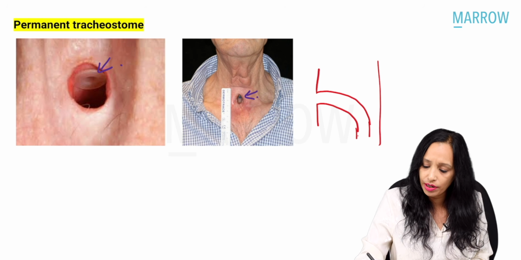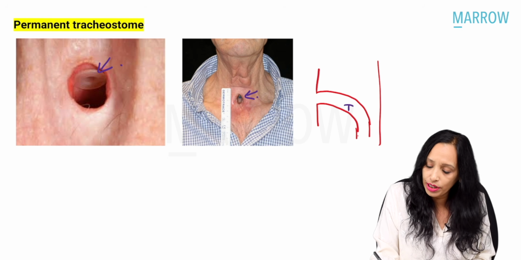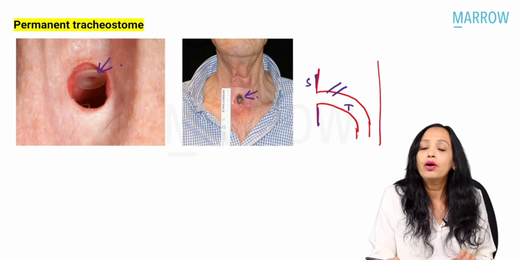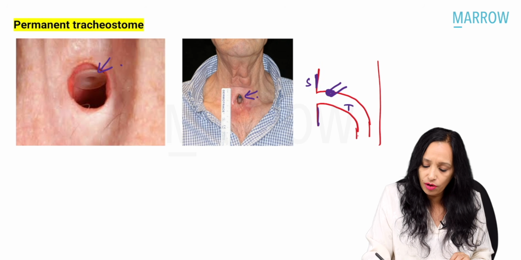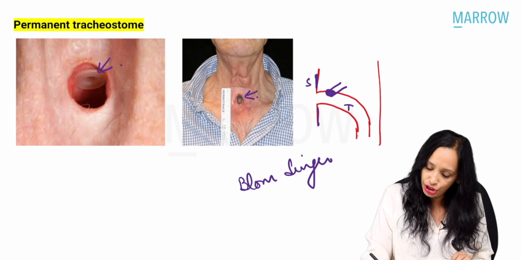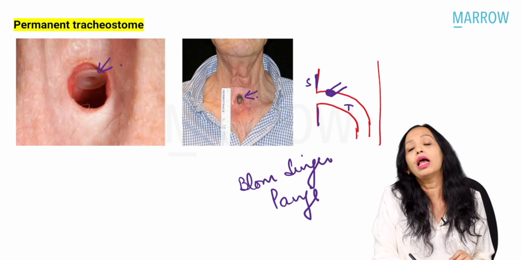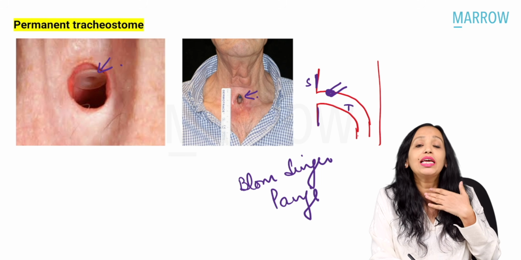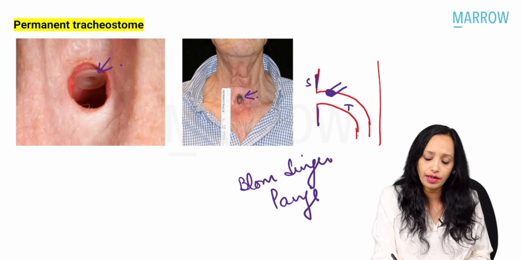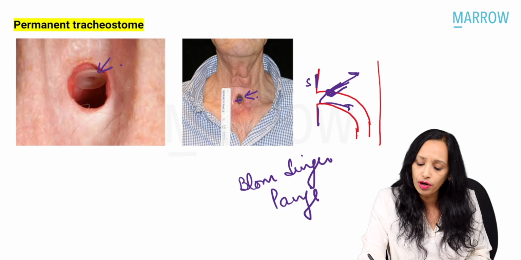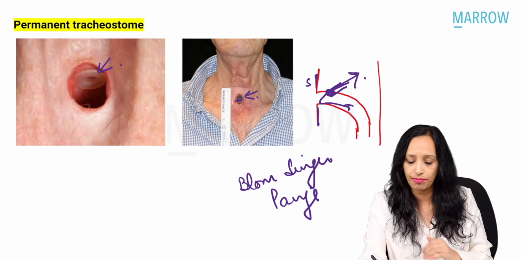So what we do here is, during surgery itself, this trachea that we have pulled out and sutured to the skin here, we make an opening here on which we put a valve, and this valve is known as Blom-Singer, or it can be Panje valve. So whenever the patient, during expiration, keeps his finger here, all the air from here will go through this valve into the hypopharyngeal segment, that is known as